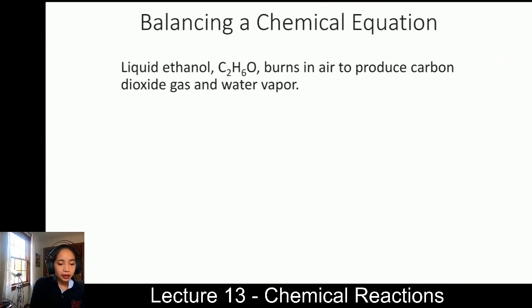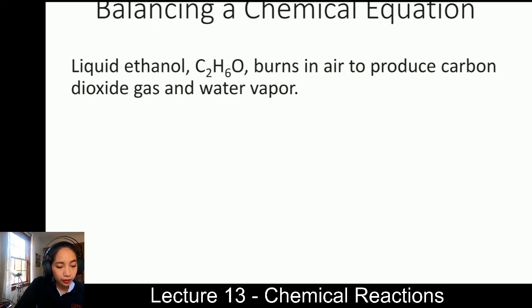Okay, liquid ethanol, and so it gives us the chemical formula, so that's nice, burns in air to produce carbon dioxide gas and water vapor. So this question is an example of a combustion reaction, which we'll learn about when we look at types of reactions at the end of this section. But kind of like when I said the word oxidizes means reacts with oxygen, it's the same thing with burning things. Burning or combustion reactions just means that it reacts